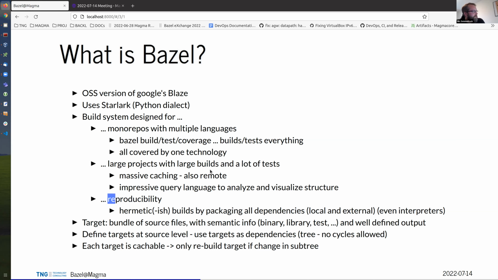And it is designed for reproducibility. So Bazel aims to create hermetic builds. I wrote here hermetic-ish, I come in a second to that. So the idea is that every dependency will be packaged, so you don't have to pre-install some requirements. You don't need to prepare your system.